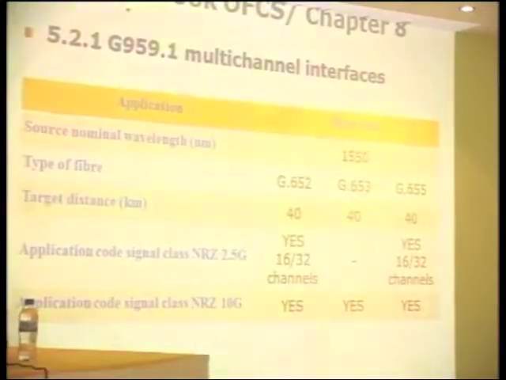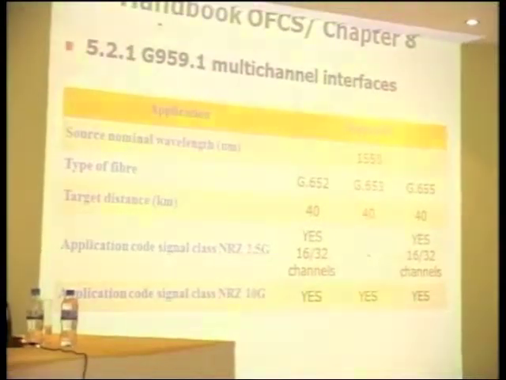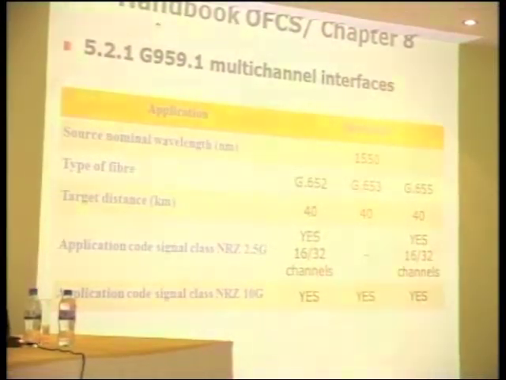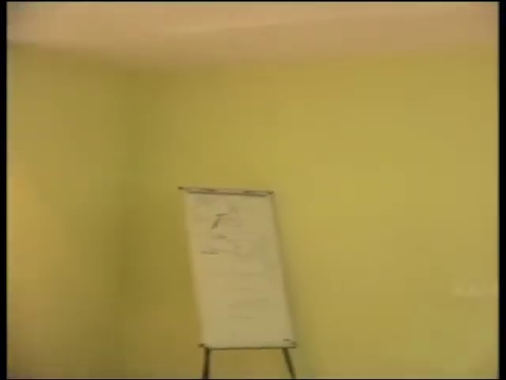The system is specified only for short haul. This is a general rule. It means simply that as the system gets more complicated, more important from a network point of view, which means a lot of channels or high distances or something like that, it is very difficult to get interworking between different